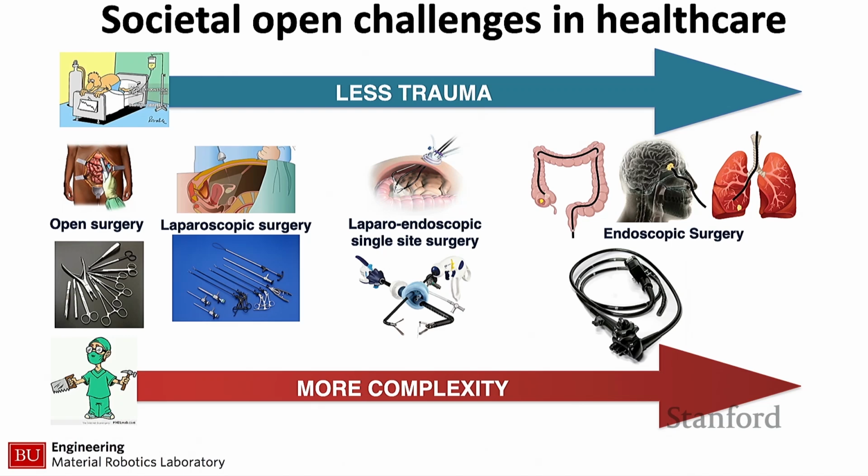Maybe some of you are familiar with the idea of open surgery, where basically a patient is literally cut open and the surgeon has full awareness of what is going on within the surgical environment, so they have direct visualization of the environment, direct haptic feedback, because they can touch the organs and they can feel what is going on. But really what we want to do is move towards more of a minimally invasive surgical scenario